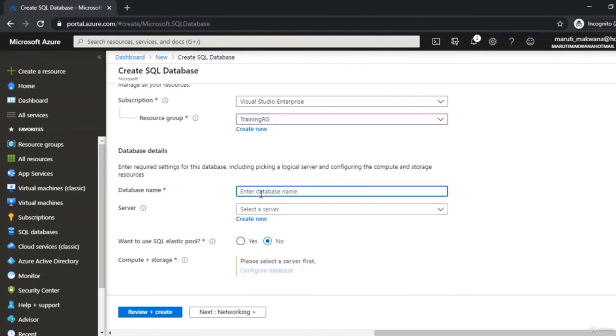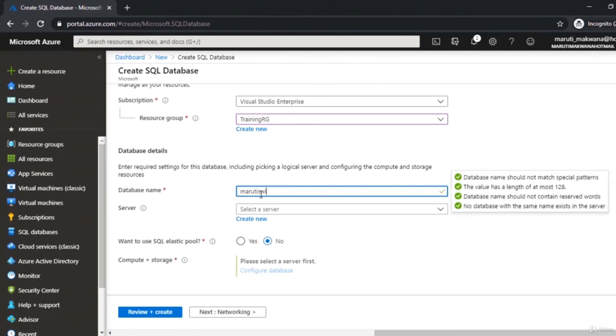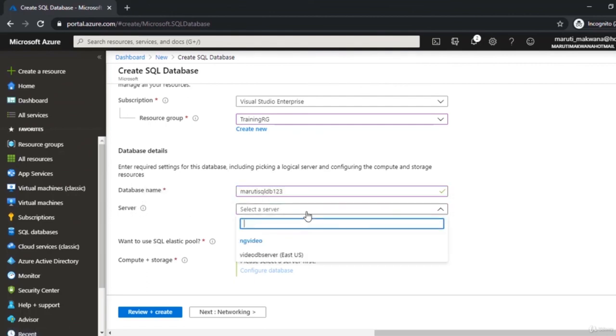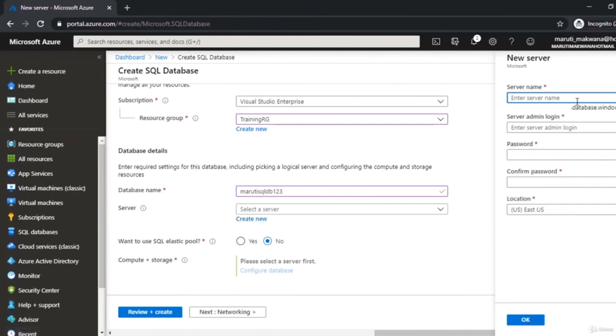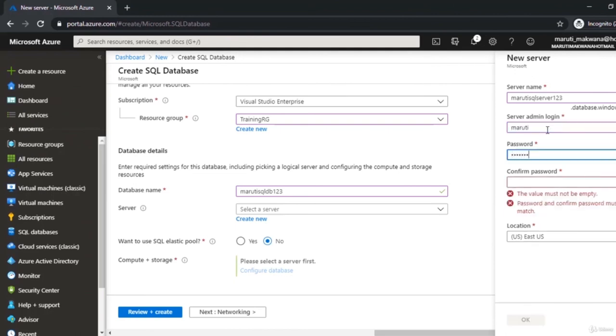Which database name do I want to keep? I'm specifying Maruti SQL DB123, since this is my database, so I'm adding the word DB. It's asking me which server I want to choose. Now I have one existing server already in my account, so I can choose that one, but let's create a new one right now. It's asking me for the server name, so I am saying Maruti SQL Server 123. That's the name of my server, and I need to provide the admin credentials, in which we are providing username and password,